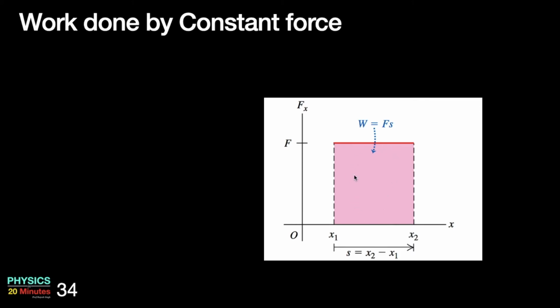So remember that on a force displacement diagram, the work done is the area under the force curve. This line is typically referred to as the force curve, and this is the area which is bound by the force curve on one side, the x-axis on the other side, and two limits, the initial limit and the final limit. So this bound area is nothing but the work done on a force displacement diagram. So this is an easy way to calculate work.